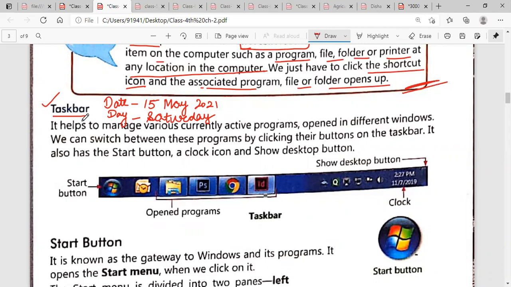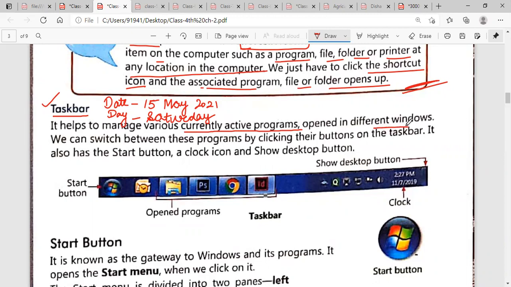The taskbar is used to manage the currently active programs, the programs that are running currently. Those programs will be controlled by the taskbar and opened in different windows.